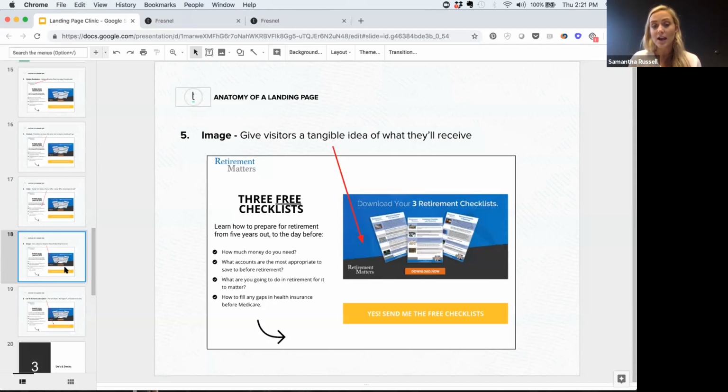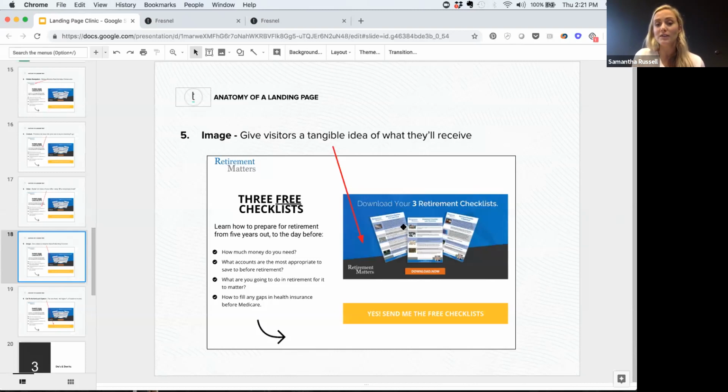So just by conveying a visual image that backs up what it is we're talking about, we will see our conversions increase. I've actually seen a few advisors do this, and I've seen this in other industries, which is really interesting. If you can record a quick video giving a preview of what it is that your ebook or your white paper or your checklist is all about, even better, and you will see even more conversions.